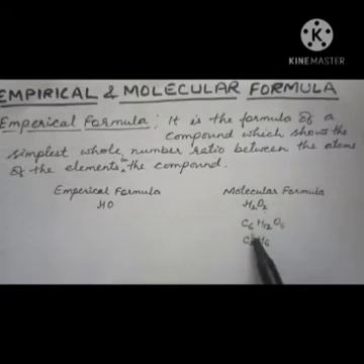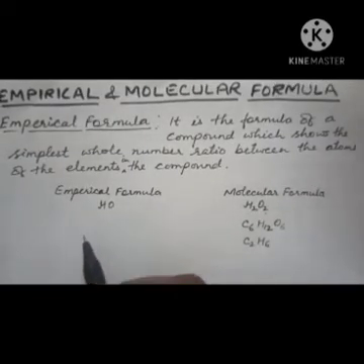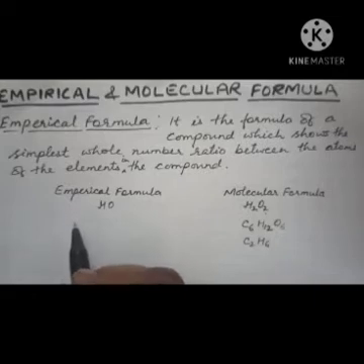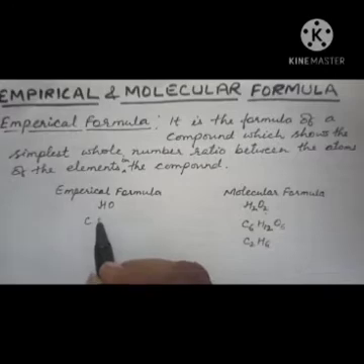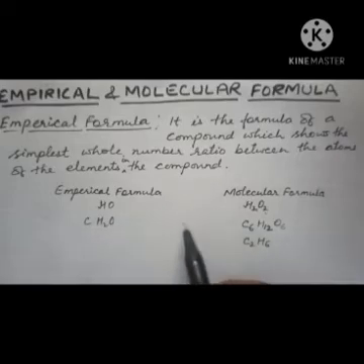Now this is the molecular formula of glucose, C6H12O6. What is the common factor in this C6H12O6? That is your 6. 6 ones are 6, 6 twos are 12 and 6 ones are 6. So the empirical or simplest formula is C1H2O1, and as you know, 1 we don't write, so CH2O is the simplest or empirical formula of glucose.